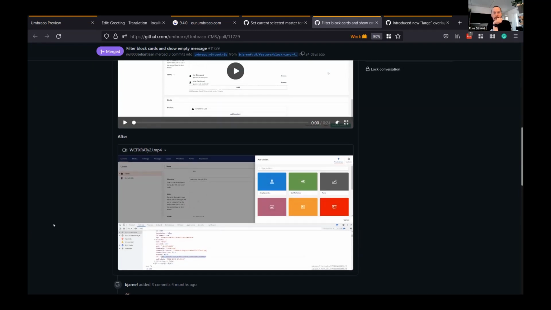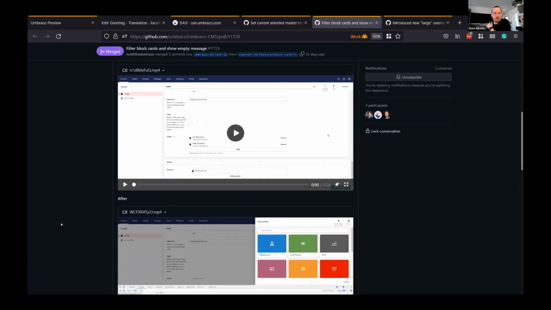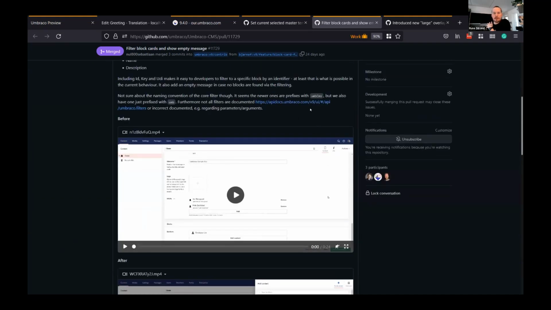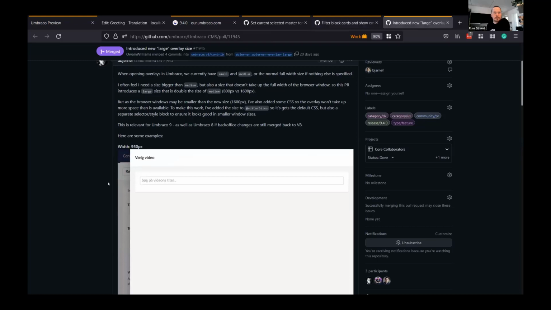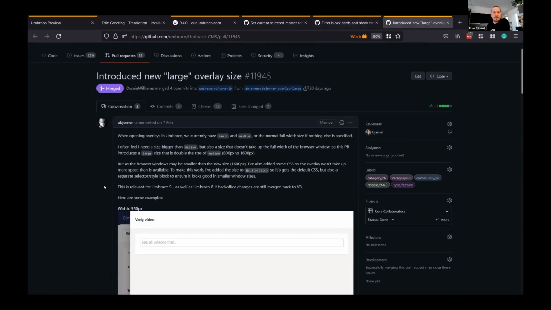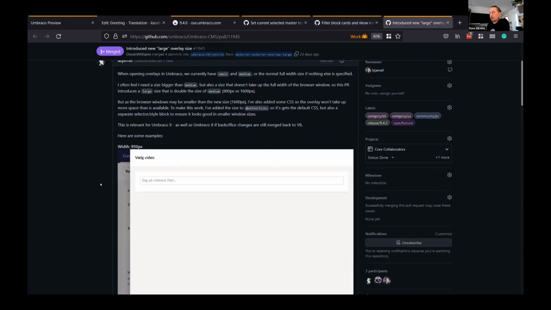But yeah, nice little improvement as well. That just makes it easier and friendlier to work in the back office. And the last one plucked out here is a new overlay size. So when you're creating your own custom property editors in the back office and you're creating new